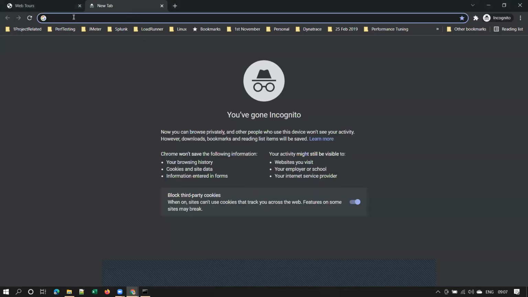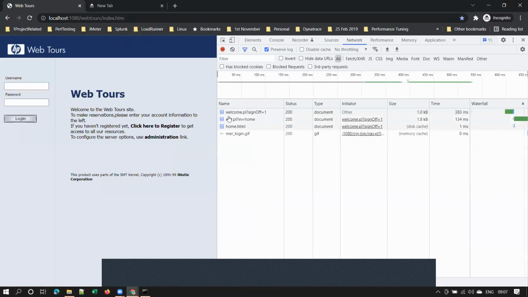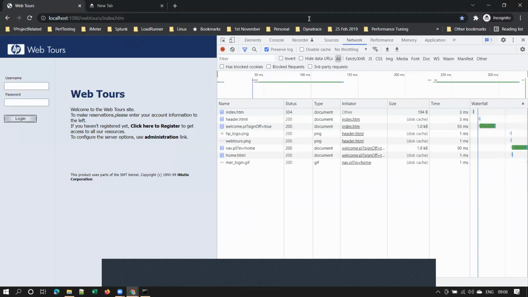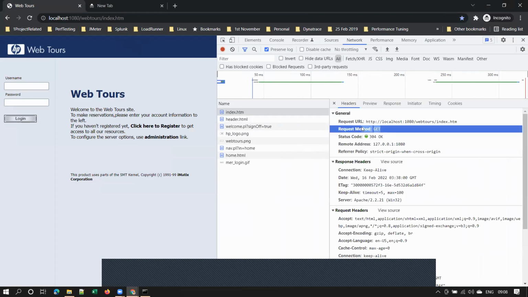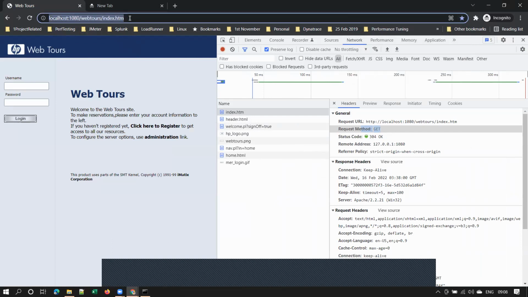What is meant by bookmarking? For example, all these are GET requests. Let me clear this again, let me sign out. So this is the main HTTP request, which is a GET request, and this request can be bookmarked. I already bookmarked it. You don't have this application, so you cannot bookmark it now. You will do that once you install the sample application tomorrow. You can bookmark this application. Clear?